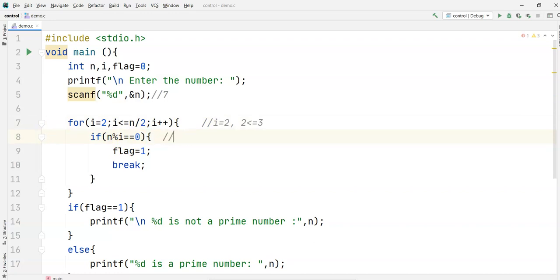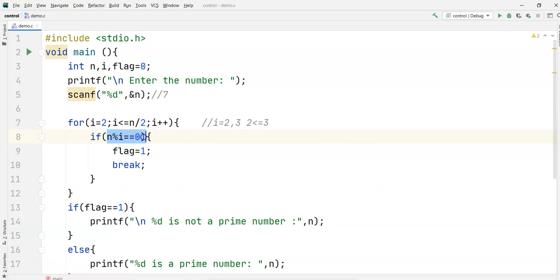So it will again go up and increase the value of i. i becomes 3. 3 less than or equal to 3, true. 7 modulus 3, how much?